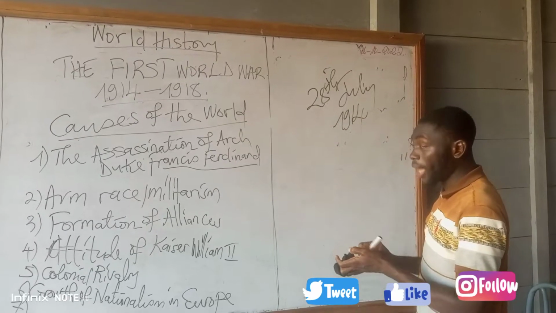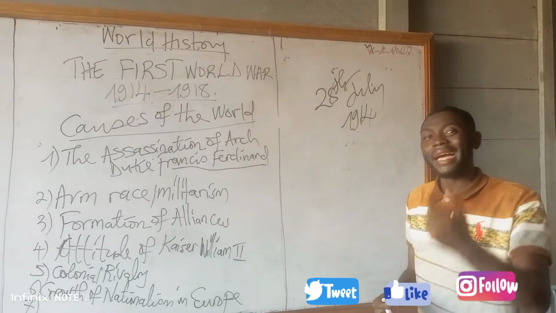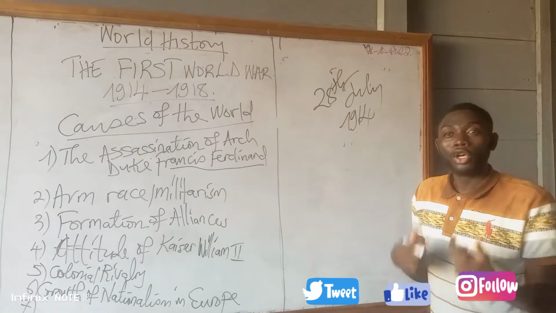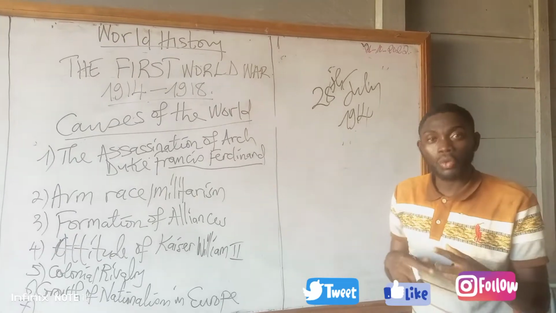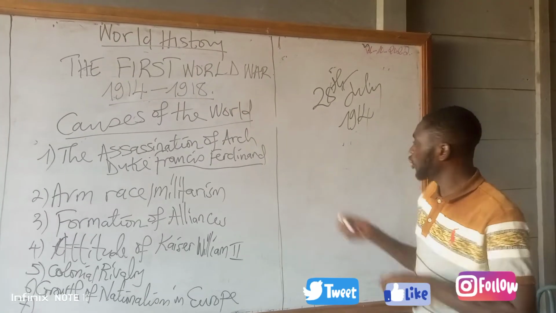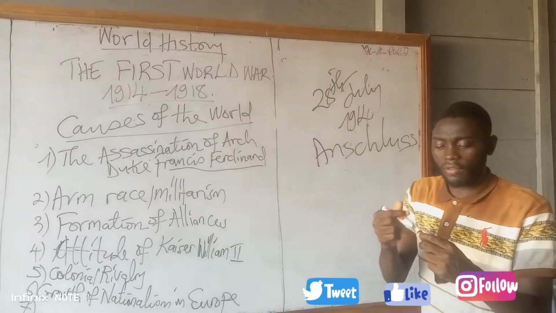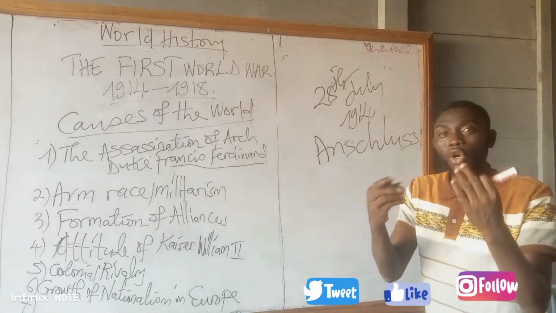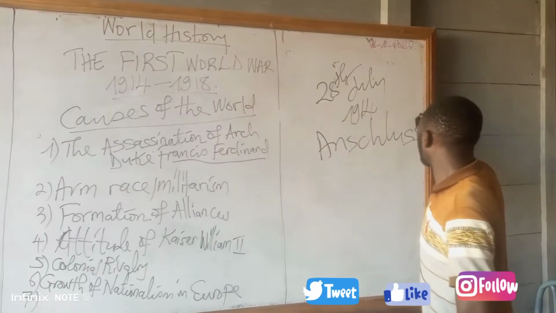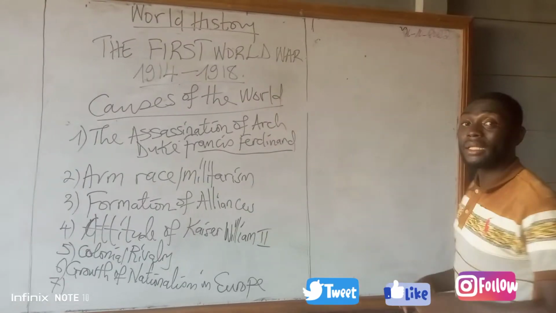I said the reason why Austria refused to take the issue to court was because Germany had given Austria what we call a blank check, unconditional support to wage a war against Serbia. Don't forget, Germany and Austria had been together in a union called Anschluss. It was this union that enabled Germany to give support to Austria, and the Germans and the Austrians have a common language. Now, when Austria declared war against Serbia on the 28th of July 1914,